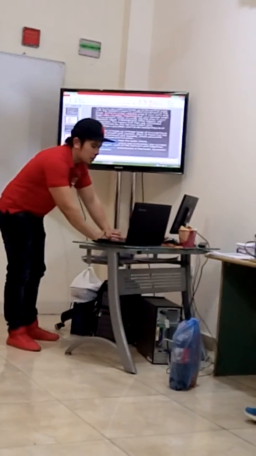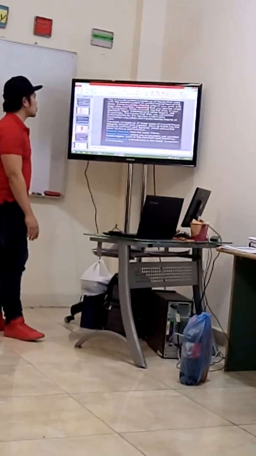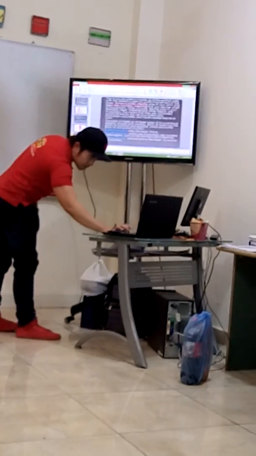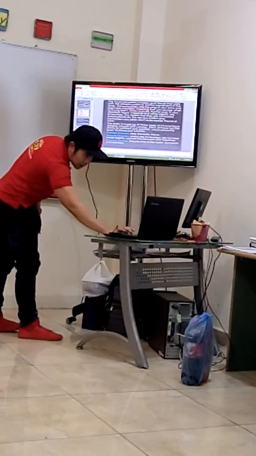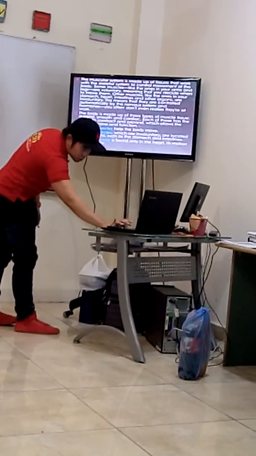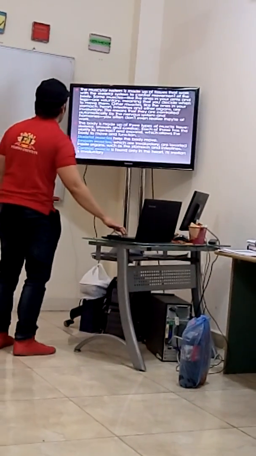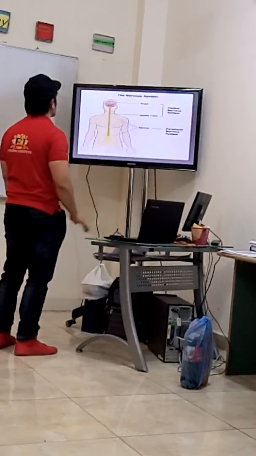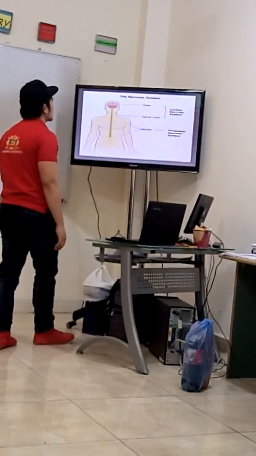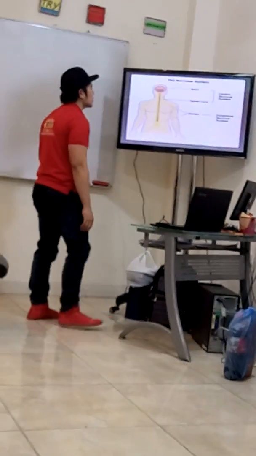Involuntary and voluntary movement. There are 2 types. Sa involuntary, dalawa. Smooth and cardiac. Tapos sa voluntary, skeletal. So let's move to the nervous system. And actually wala sa copy yan. Brain, spinal cord, nerve,